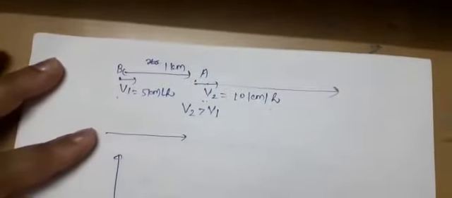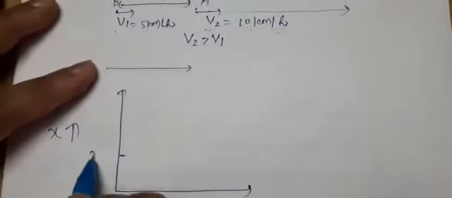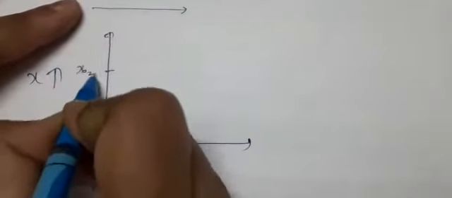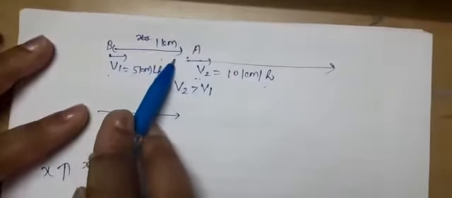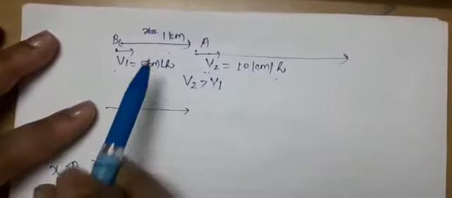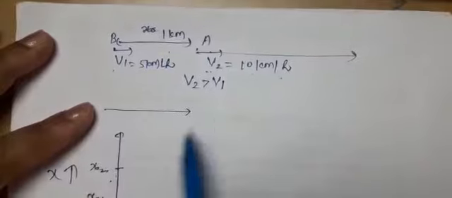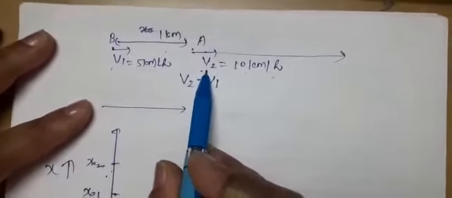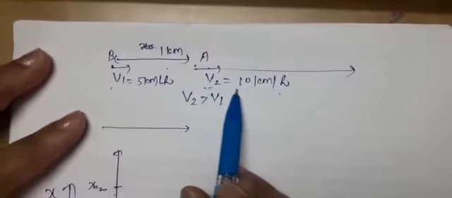So if we represent this concept on a position-time graph, you can think that this is x01 as the first position of the first body, x02 is the position of the second body, that is the initial position, which as per this figure I have given the separation distance to be 1 kilometer. No need to take such a distance, this is just an example to understand it. Now as it is moving with speed v2, it means its speed is more as compared to the speed of the other body, that is v1, so it means it will cover more distance.